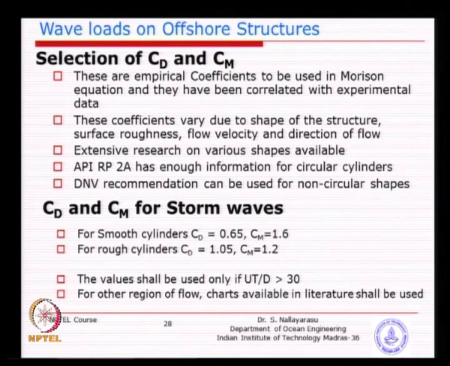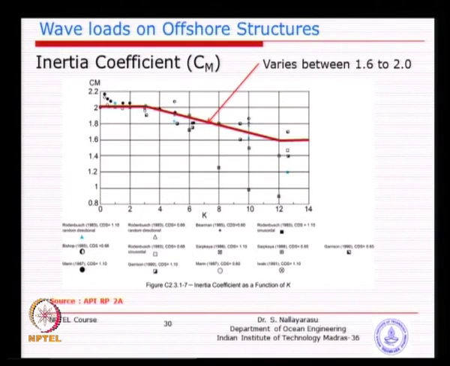That is why lots and lots of research has happened over the last 50 years. If you see this chart, many people have done research. At the bottom, starting with Morison, Sarpkaya has done so much work as early as the 1970s and 80s, and if you look at his book, he has a lot of collected data. But of course, the API task committee has taken only the good work and presented it here. You can see the variation is very large, sometimes so low, sometimes so high.